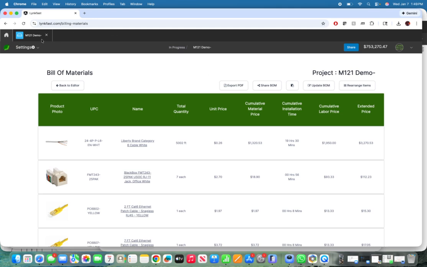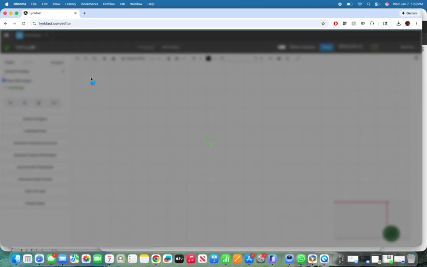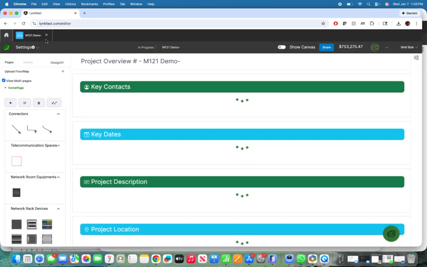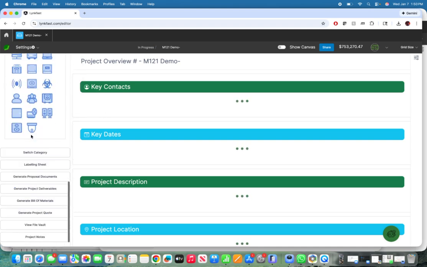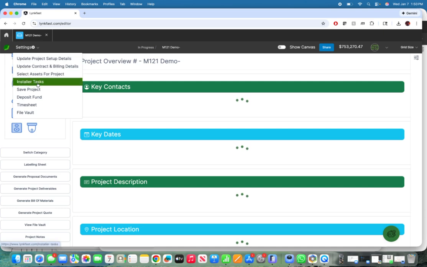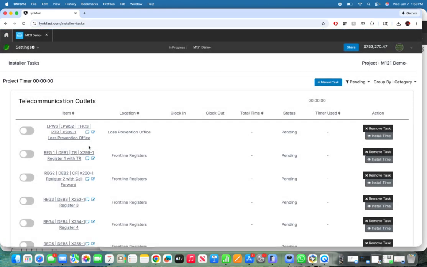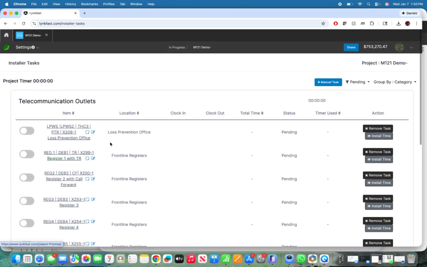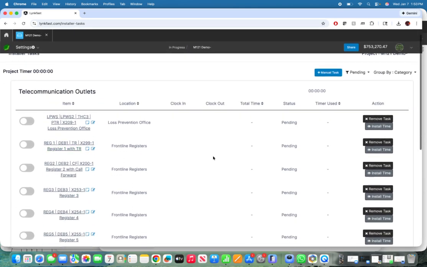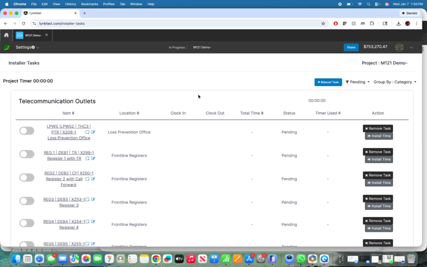And the other thing that's happening on the back end is that it generates installer tasks, right? So if you go here, not here, but go down, yep, go here, installer tasks. Now the techs will see these on their mobile applications, and then they will mark these as completed as they work on it. We'll go through the mobile applications here in a minute, but let's go and take a look at the